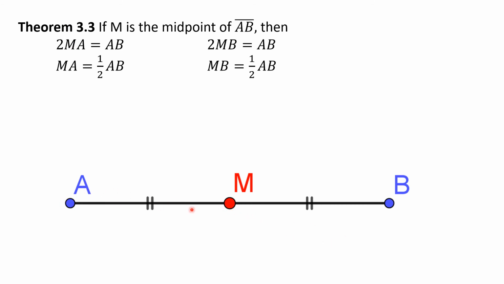2MA is equal to AB, or MA is just 1/2 of AB. Okay, so let me discuss this again. So we have here our segment AB. M is our midpoint. So, doesn't the midpoint divide our segment into two congruent parts? So, therefore, segment AM and segment BM are equal. So, if we have two segment MA,